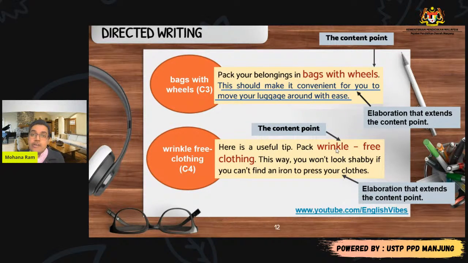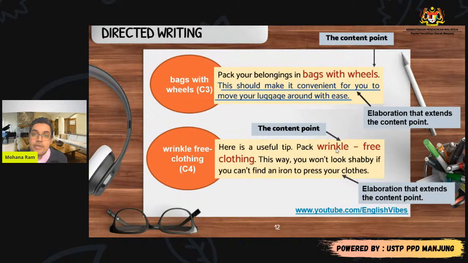So you have to complete your directed writing in 45 minutes. If you are spending 1 hour for directed writing and 45 minutes for continuous writing, you are making a mistake. Why? Because continuous writing brings a lot of weightage, 50 marks. Directed writing brings 35 marks. So finish your directed writing in 45 minutes. If you follow a proper structure, you look at the content point, write, done. Content point, write, done. You know what you have written and where you have written it.